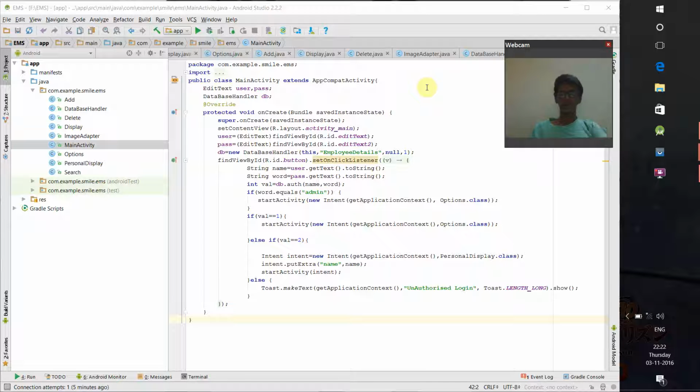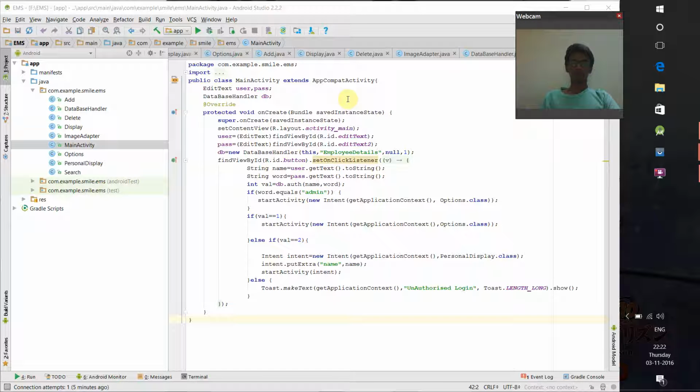Hi guys, this is my third experiment, which is EMS, Employee Management System. Here I'm using a grid view, and we have an SQLite database which is used over here. And then in the main activity, this is the main activity where I am having